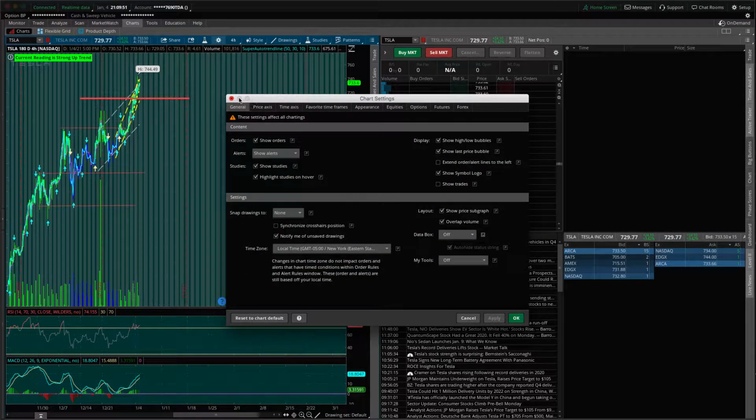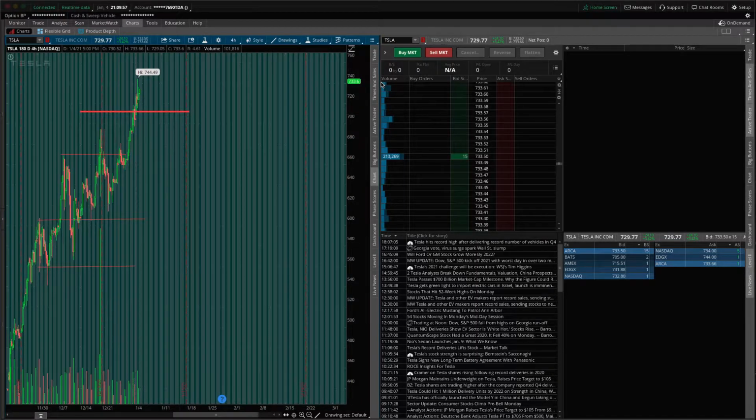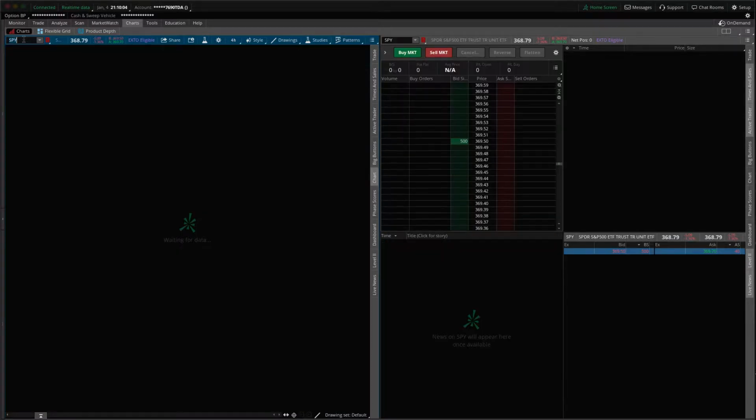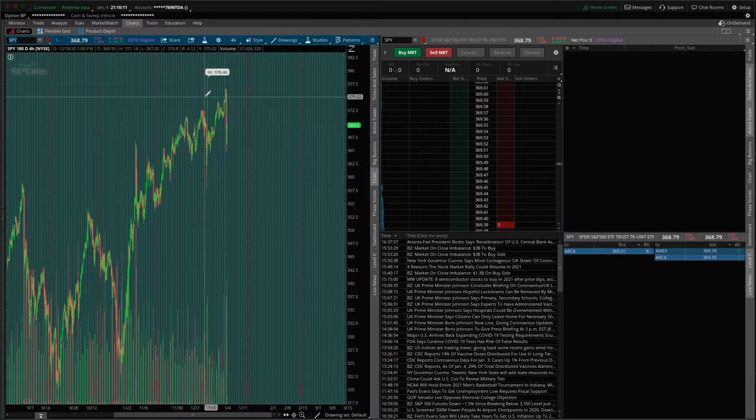Let me get rid of my studies for a second. So let's remove all studies. All right, let's go over MACD. That's the main thing I use. Let's use SPY instead, an easier indicator to use. For those who don't know what the SPY index is, the SPY is basically an